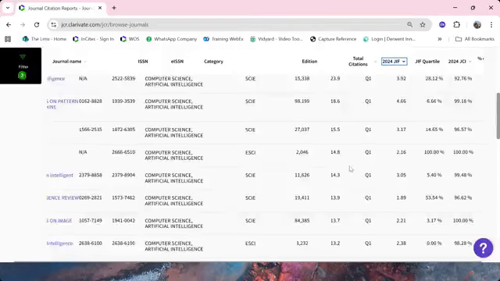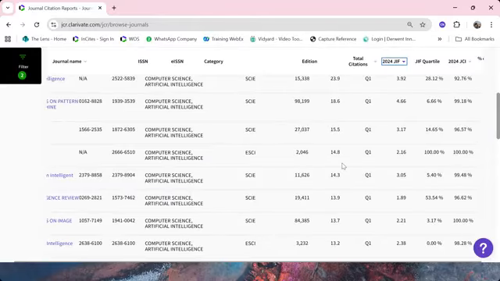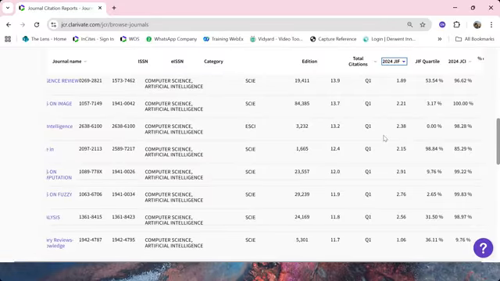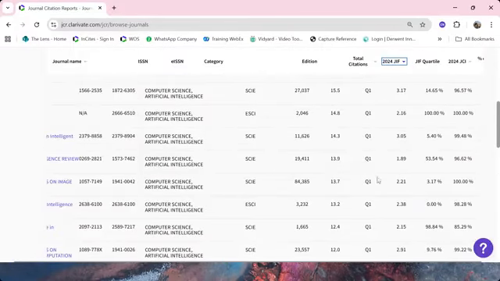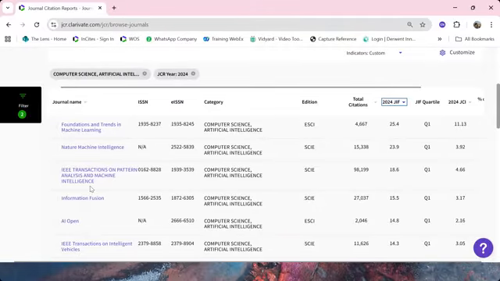Okay, let's take a look at this view. Okay, so let's say this journal, which is at the top. All right, so let's say this one.